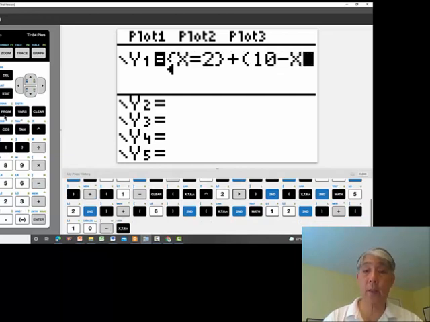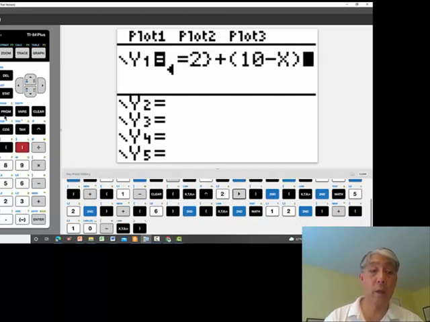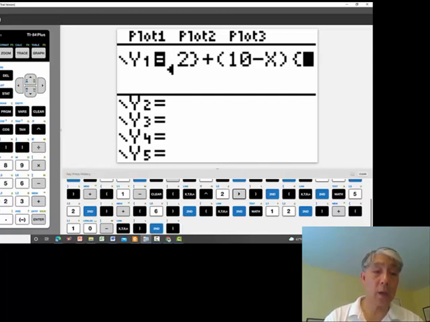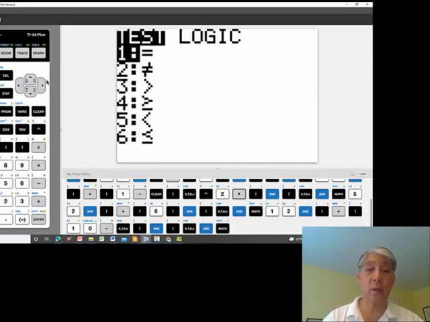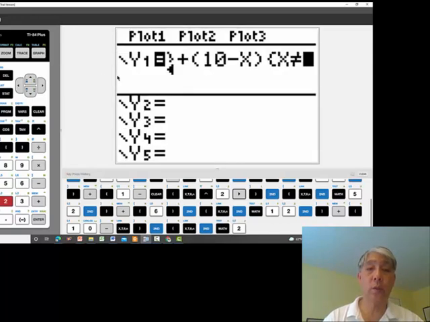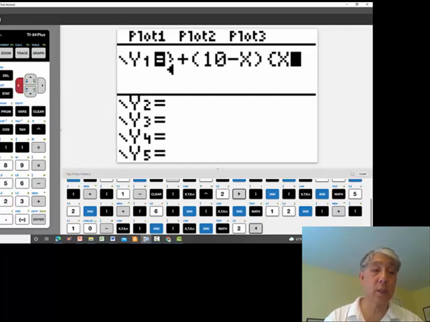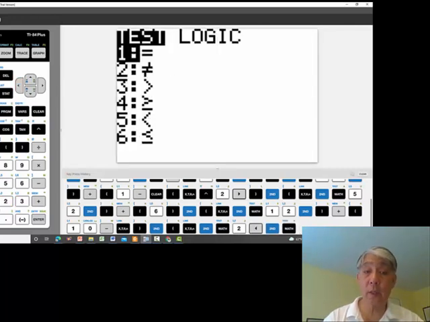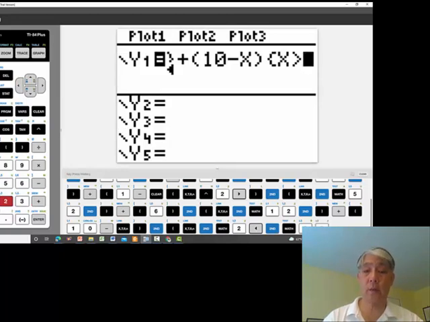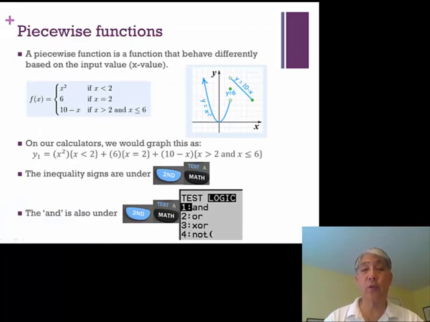Minus x when x is greater than 2. Second test, greater than is that. The and function, because it's x greater than 2 and x less than or equal